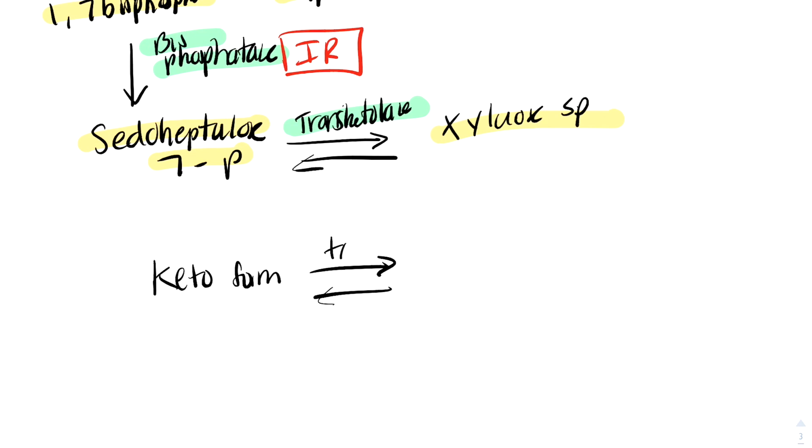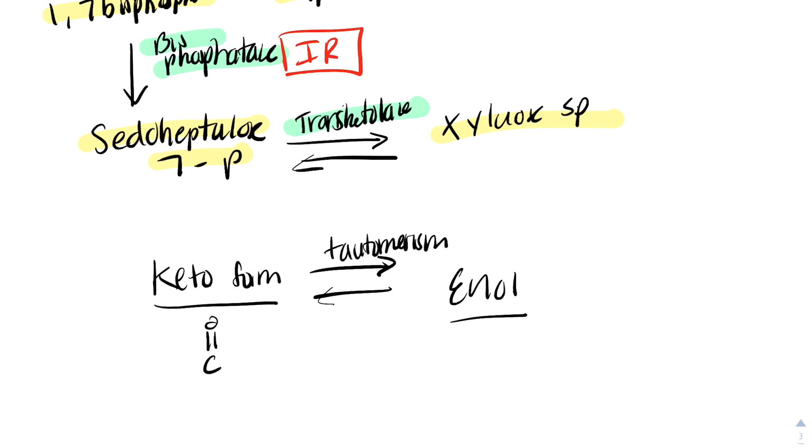Through tautomerization, use the enol form. I mean, technically it's just like resonance, because you're moving the electrons around, and here you have a keto, right? So you have like two R groups, versus here you have an enol. Okay. So make sure you also know all the